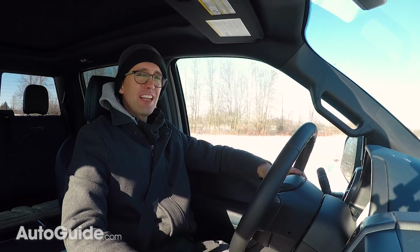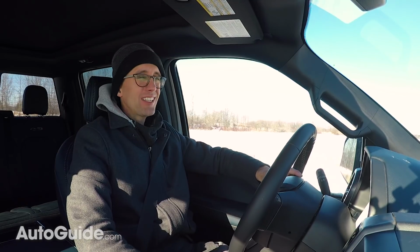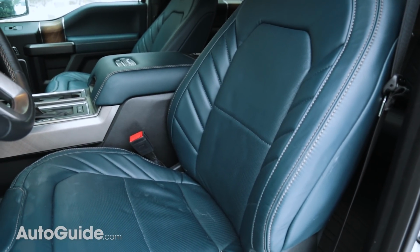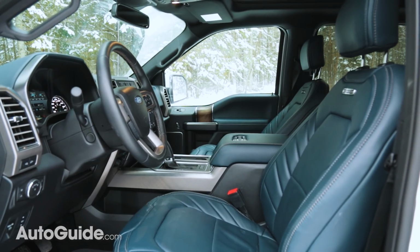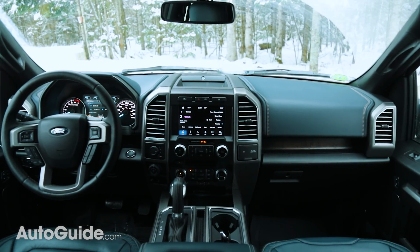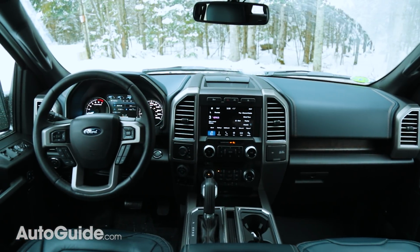Jumping to the F-150, I love these front bucket seats. They are recliner comfortable, they're heated and cooled, plus they offer a massaging function. I mean, how do you beat that? Now, the rest of this truck's interior is very premium and well built, but what I think really matters most